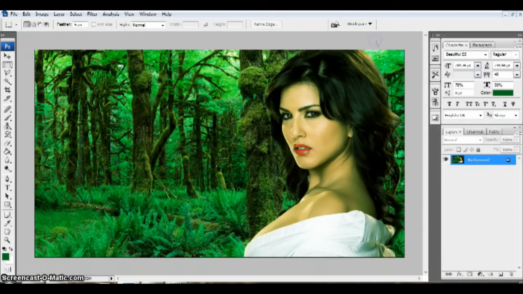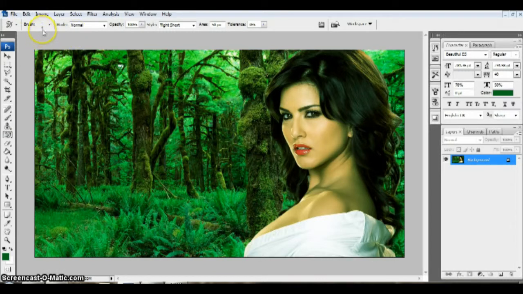If there is a proper background and a proper object placed in the image, it gives depth to your picture, to your painting. So select the picture, and then go to the art history brush tool and select it.